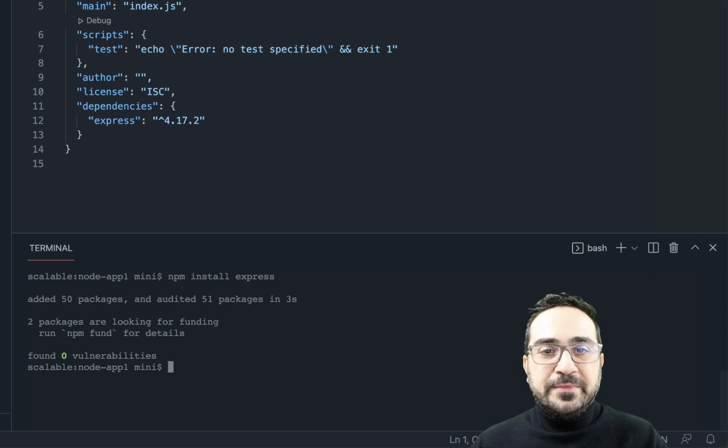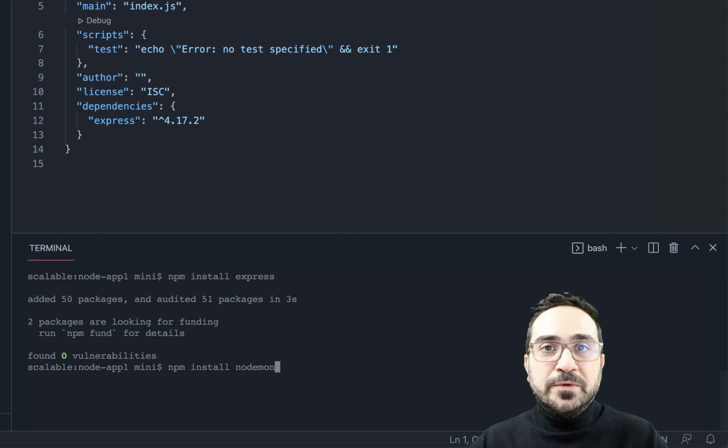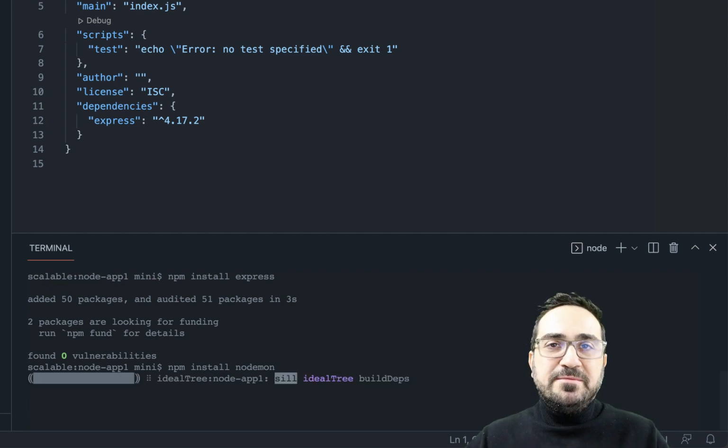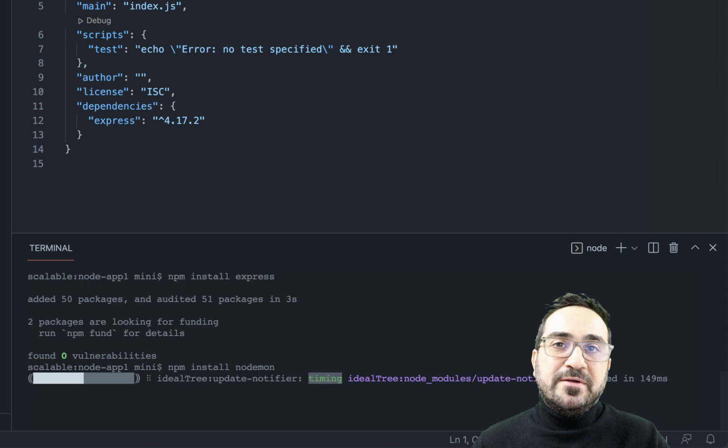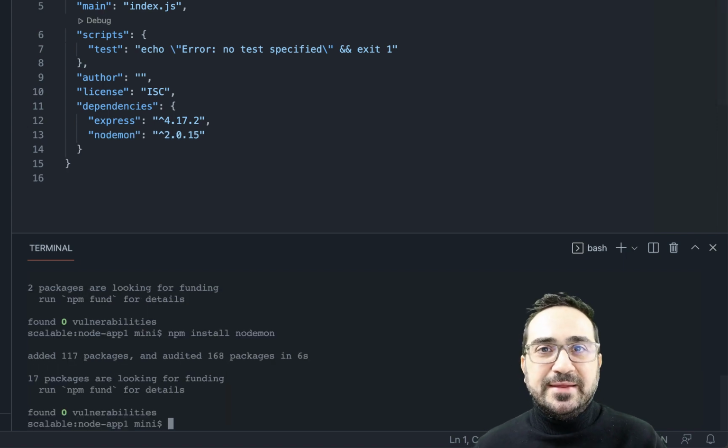It will take a minute, and now we installed this Express package. I need to also install another package. I will just type npm install. This package is called Nodemon. I will press enter, and this package will help me to restart my server every time I want to change something, so I don't have to stop the server, start the server, right? In many cases, it's a kind of repeatable task that I need to do many times because I always change my code, so I will use this library to help me to do these things.